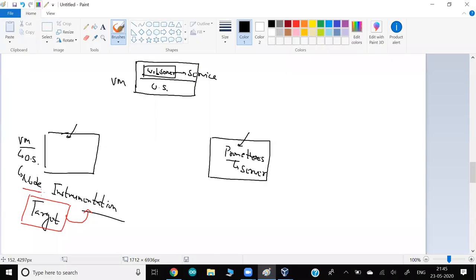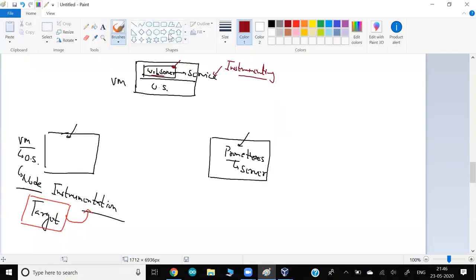So that time you can say node instrumenting. But do you want to only monitor this particular service, because this service is one kind of process or program? Then we can say this is my service instrumentation. So you want to monitor a service. Service might be a web server, a database server, or a mail server, which you would like to instrument. Or maybe there might be one more example.